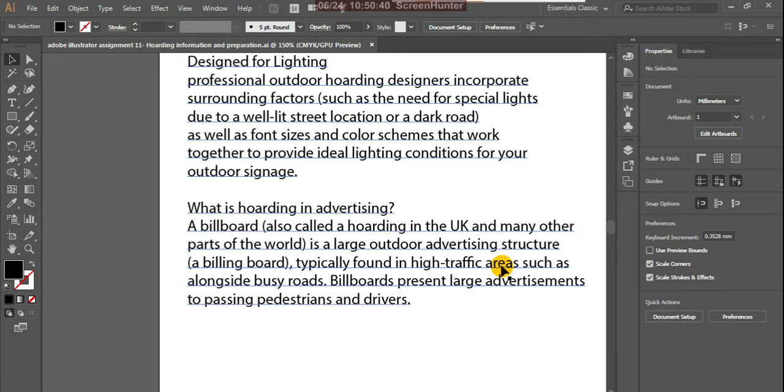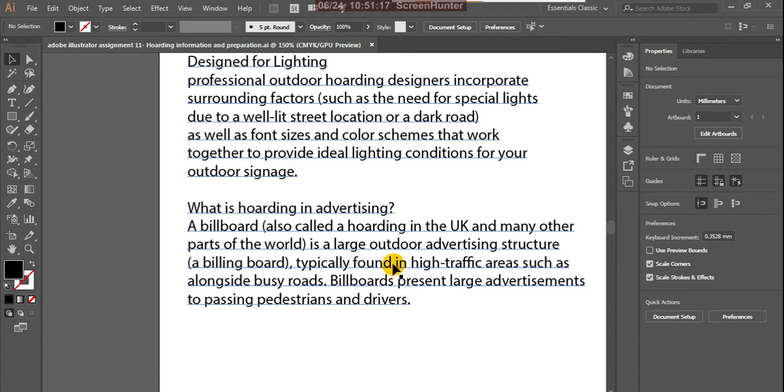So generally the billboards and the hoardings are the same. The billboard can be a bit smaller in size because it can be displayed on roadsides and at busy centers, but both are the same. We apply the same procedure and principle, but some countries like the UK and some other parts of the world use the word billboard.